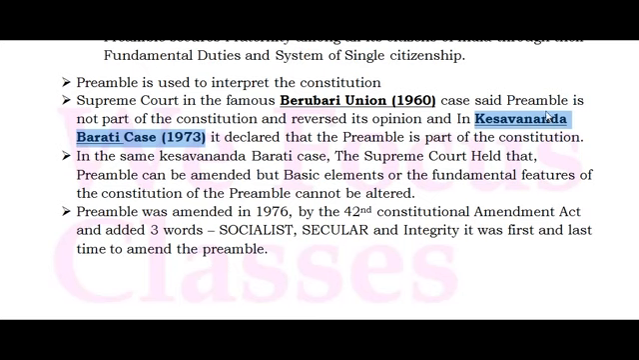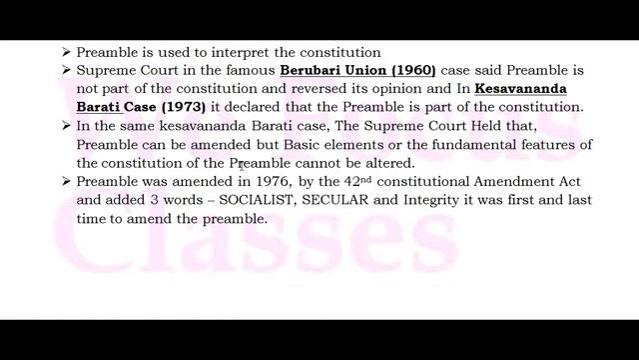So in Beru Bhari Union case, what the Supreme Court has said is that the preamble is not part of the constitution, and that happened in 1960. But in Kesavananda Bharati case in 1973, the Supreme Court has declared that the preamble is a part of the constitution. So there was an ambiguity whether the